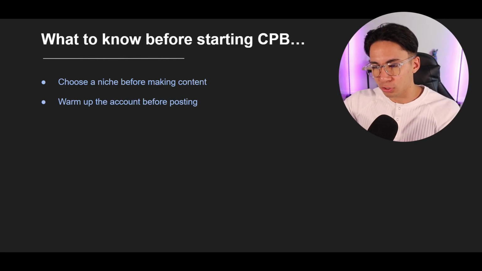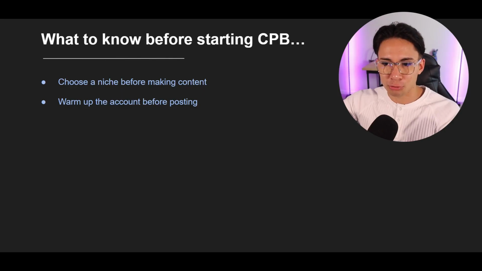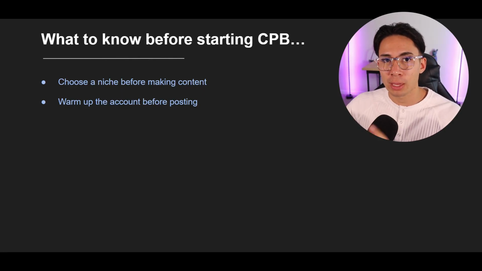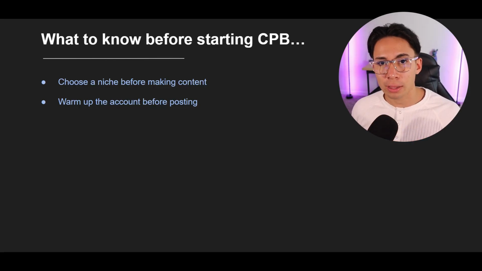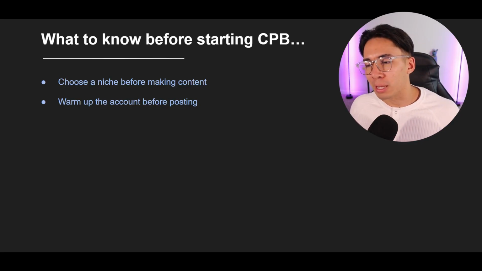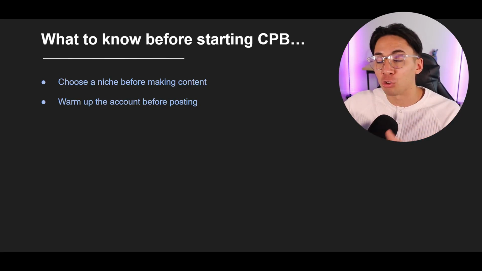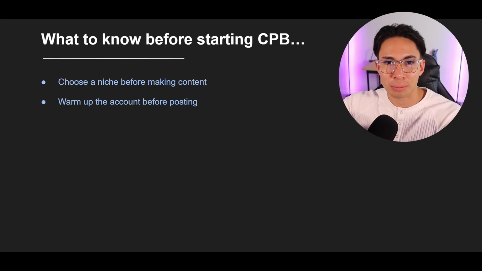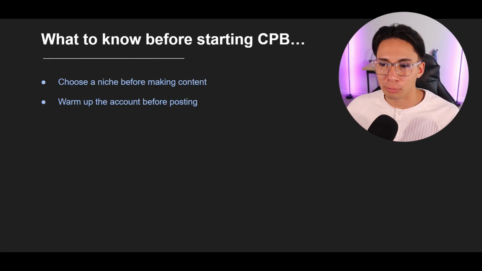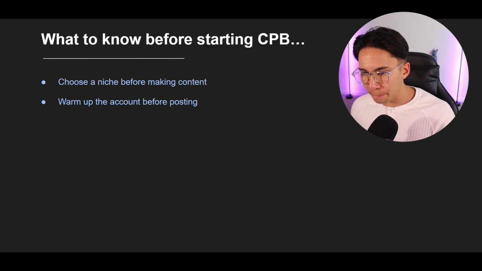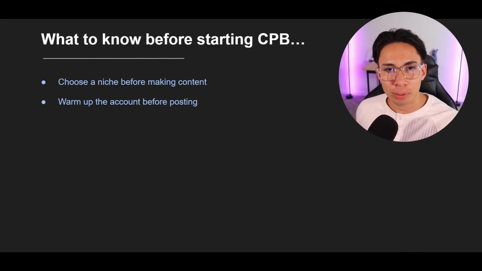So once again, make sure that you have some videos drafted in your niche. You also have engaged with other videos in your niche. You followed them, and you know that you've done this the right way. When you go to your For You page and all you're seeing is videos in your niche, that's when you know you're ready to start. Maybe a couple videos here and there aren't, but a majority of the videos are going to be in the same niche, whether it's cop videos, animals, whatever it is. You're going to see it very often. That's how you warm up the account before you start posting. And it's really as simple as that.